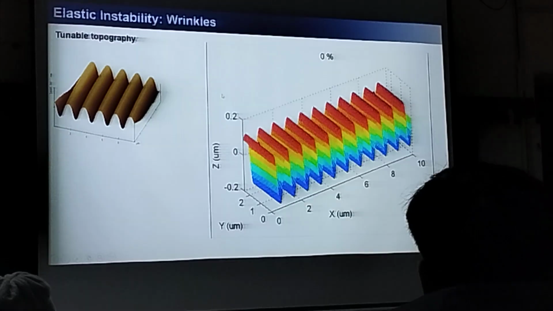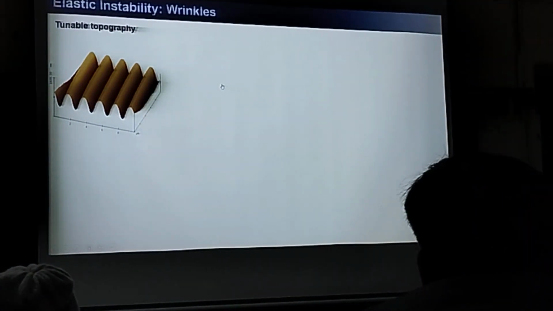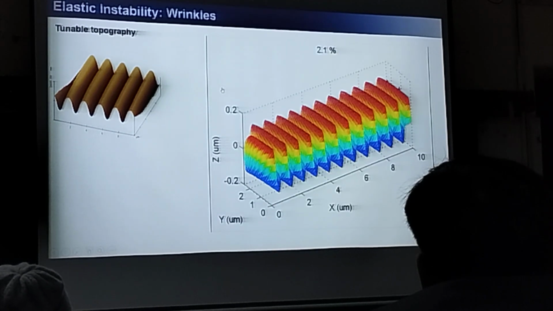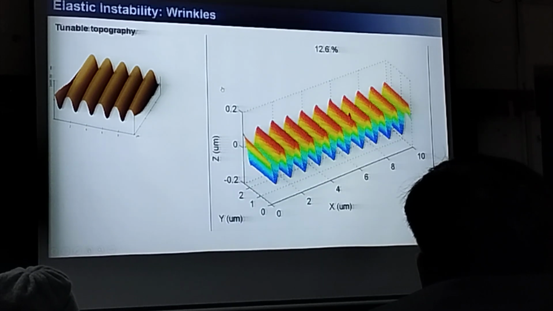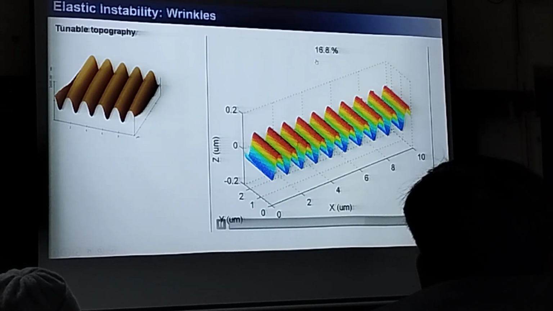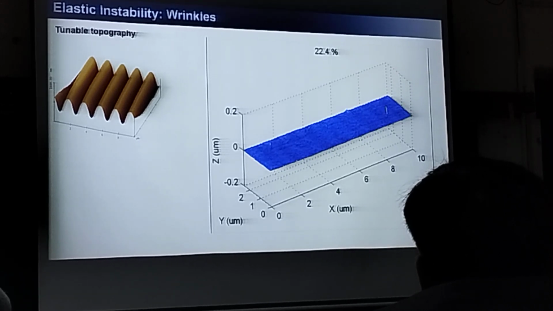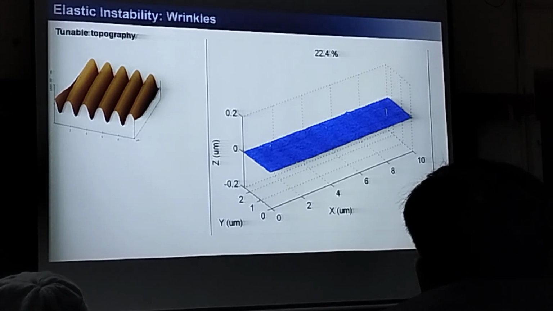And this is okay. I'm showing you a video just to convince you that this is reversible. These are videos made with the AFM images. Again, each frame is a scan, and I'm stretching. So this is the strain. I'm stretching with 5%, 10%, 20% strain, and with 22% it becomes completely flat. And once you release them, it will go back to the complete morphology, or the full maximum of the wrinkle